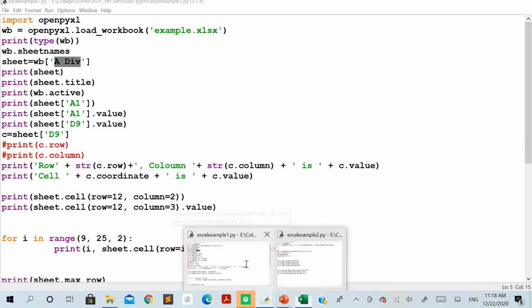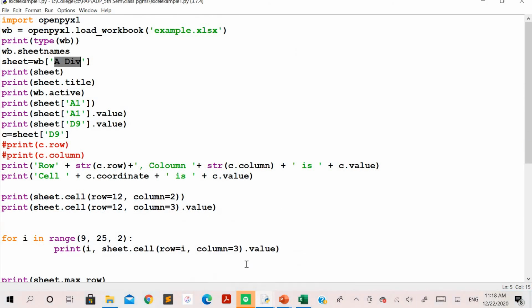So not only with this example, you can have any Excel file, you can create as many sheets as you want, and you can add as many contents, or any kind of content that you want to add over there. So here I'm just explaining the different methods or ways that you can use in order to access the contents from the different sheets from the different Excel files here, right?